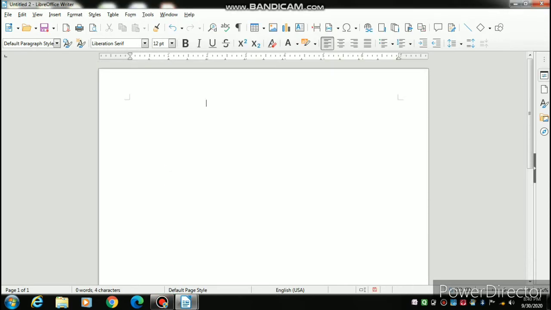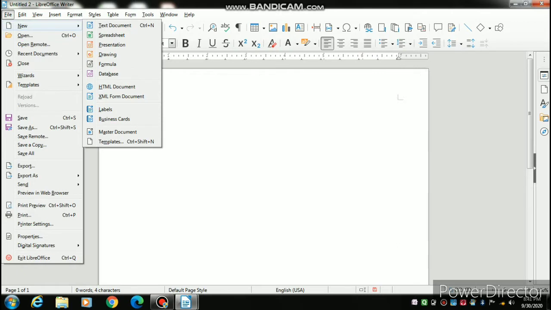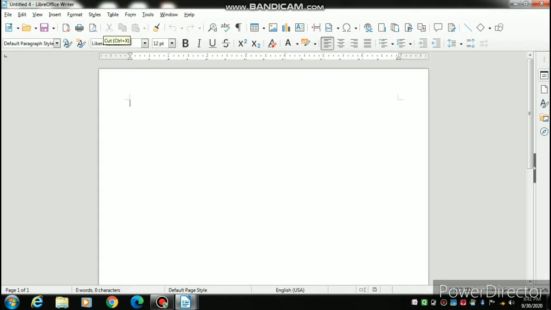Let's start typing a report in the word processor. So I will click on the File menu. In the File menu, I will choose New because it is my new file. I am not editing any previous file, but I am making a new file. So I will click on New. Then it will ask which file I want. I want a text document because I have to type a report. And the shortcut to open a new file in Writer is Ctrl+N. When I click there, I will get the same screen.